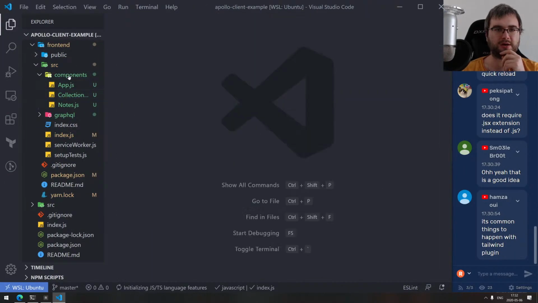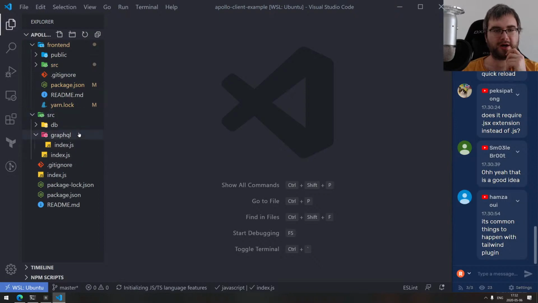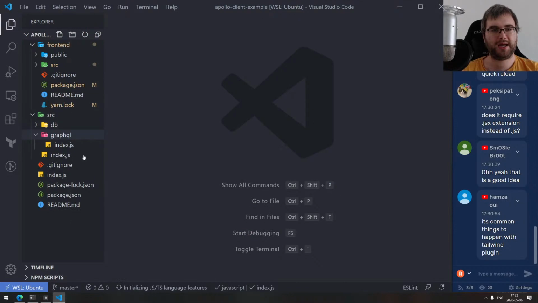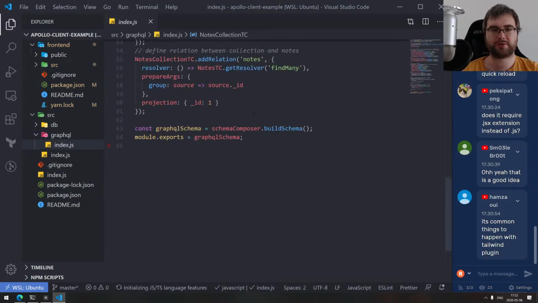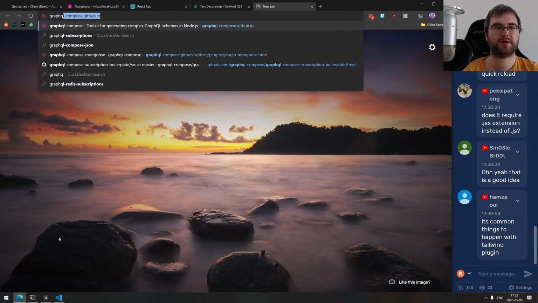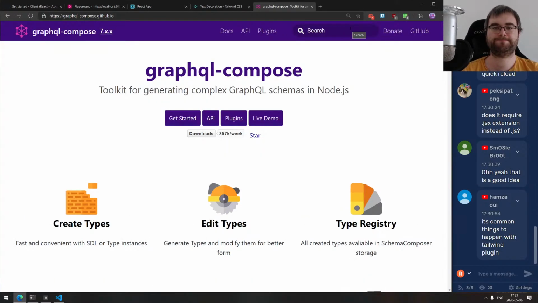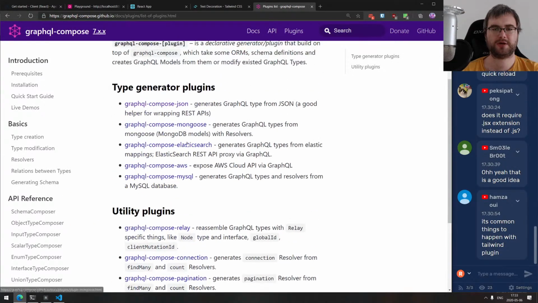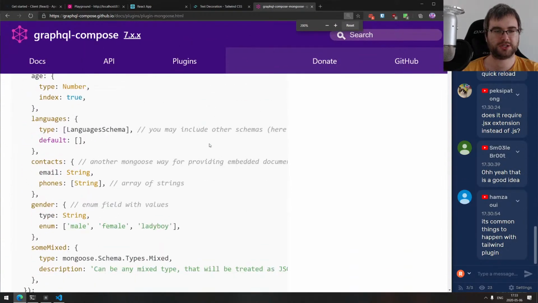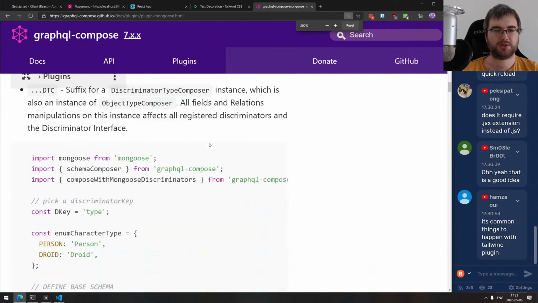Okay, so here we need to modify our GraphQL backend a bit. So I'm going to stop the front end, stop the backend. And what we need to do is go to our GraphQL setup and say that our nodes here should have, hell if I remember how to do that, GraphQL Compose. We want filter, right? So I remember it was in the plugin itself? They had an example somewhere. I remember for sure because I used it. And there was